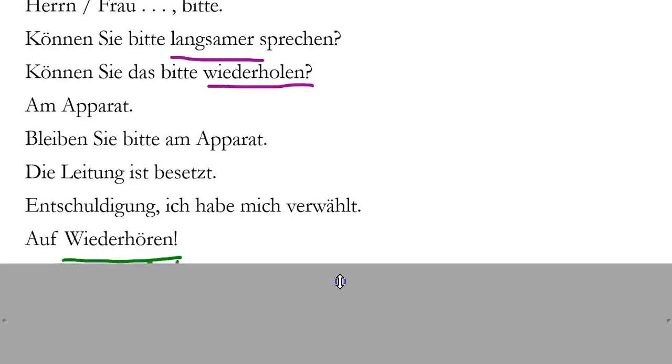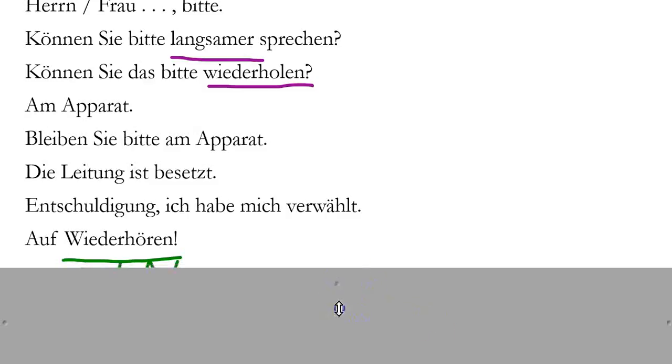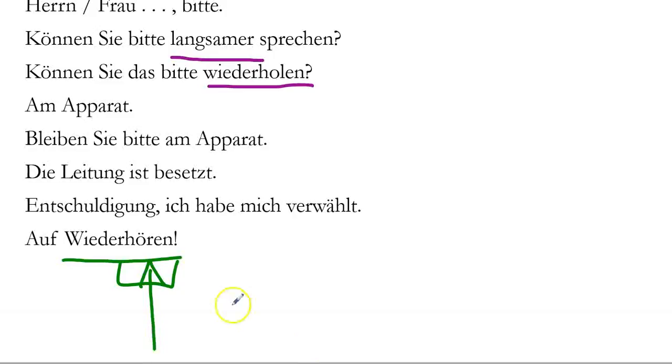And thinking about when you learn about hi's and goodbyes, you've learned probably auf Wiedersehen. Sehen is to see. But if you're on the phone, you can't see the person. I mean, obviously, if you're using Skype or FaceTime or something, yeah, you could see them. But on the telephone, you'd say auf Wiederhören. Because hören means until I hear from you again. So that's the only thing that changes. Hören.